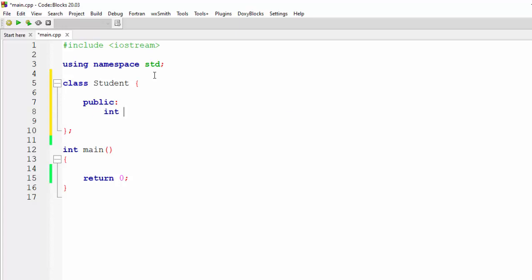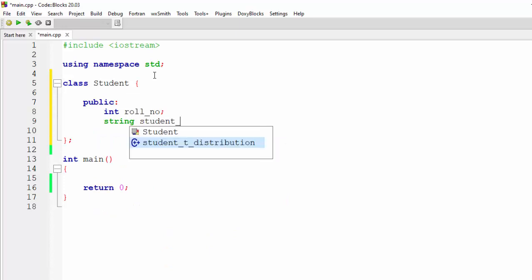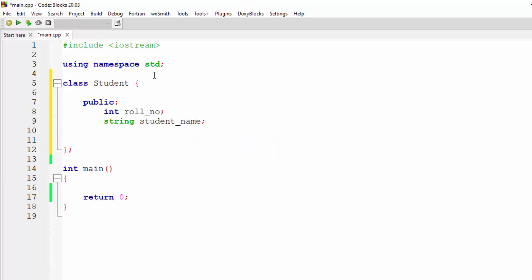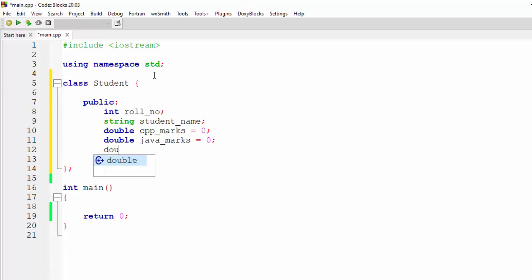So the first property will be int roll number. After that I will say string student name. After that I will say double CPP marks is equal to 0. Initially we are initializing our marks as 0. After that I will say double Java marks is equal to 0, double Python marks